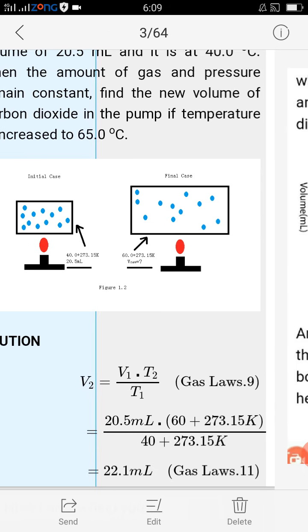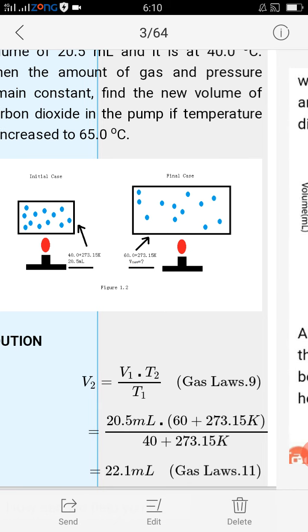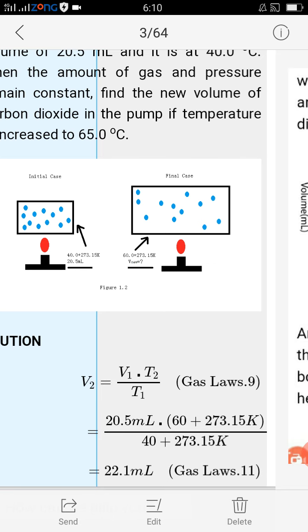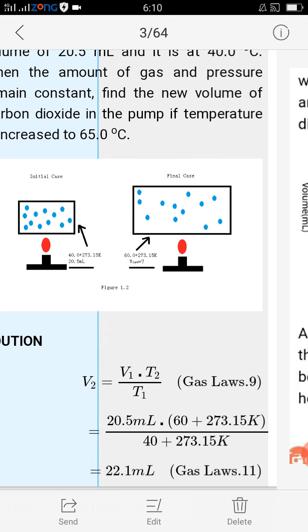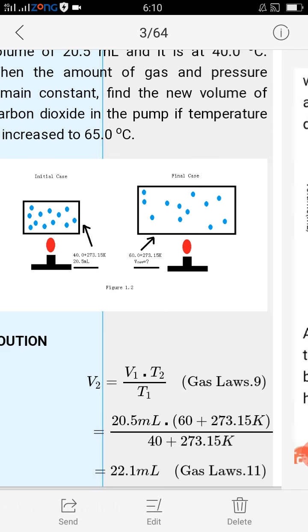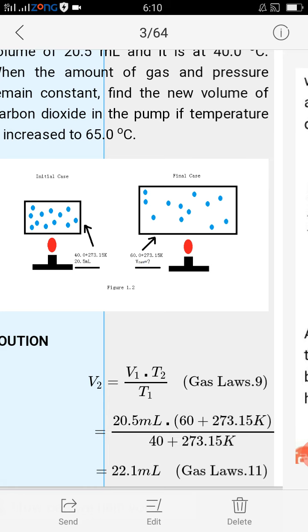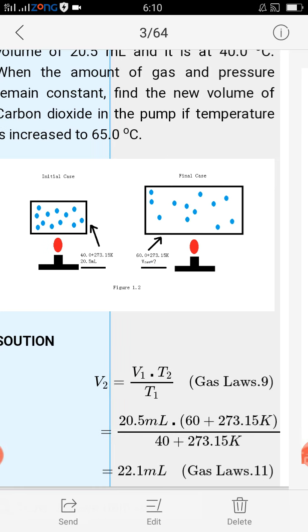Now consider here are two containers, one having a high volume and the second having the lowest volume. The one having a high value of volume means it has a high value of temperature. The second having the lowest value of volume means it is kept at the lowest temperature. Already I have mentioned that if we increase the temperature, volume will be increased. If we decrease the temperature, volume will be decreased.